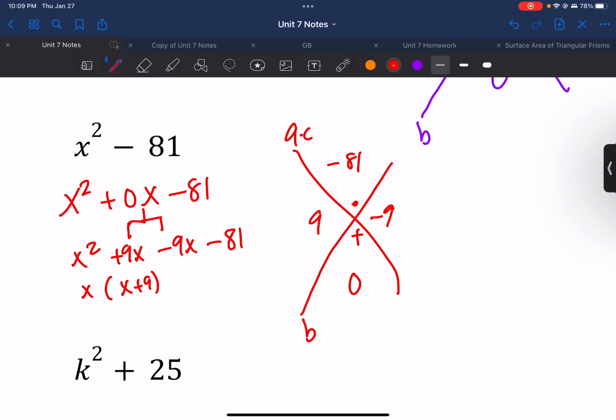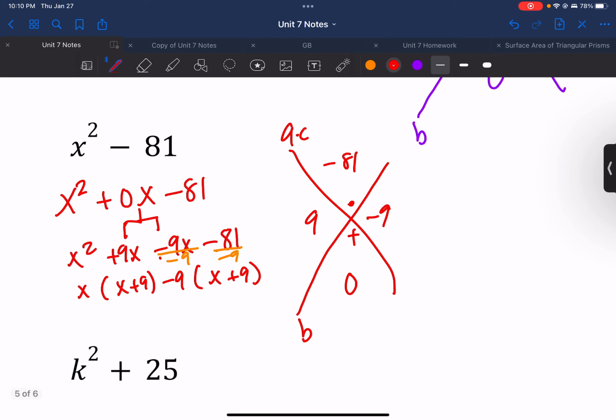I need to factor out a -9 and not a +9, because if I factor out a +9, I'm going to have -x minus 9, and I don't want that. So we need to factor out a negative 9, so that when I actually divide by 9, the negatives cancel out, because a negative 9 divided by negative 9 is just x. Negative 81 divided by negative 9 is a positive 9. Cool. So then we have x plus 9, we have x minus 9, and that's the